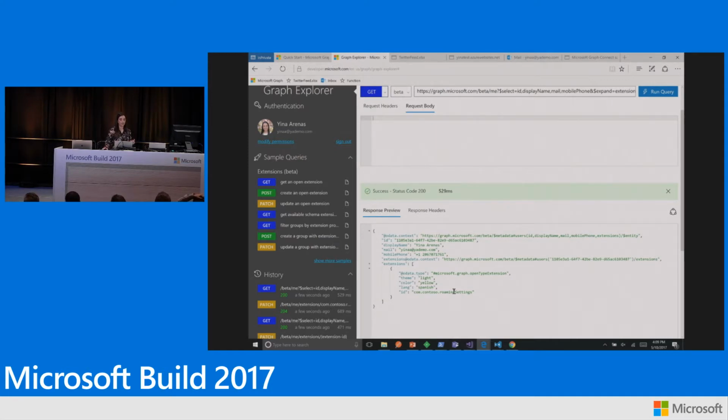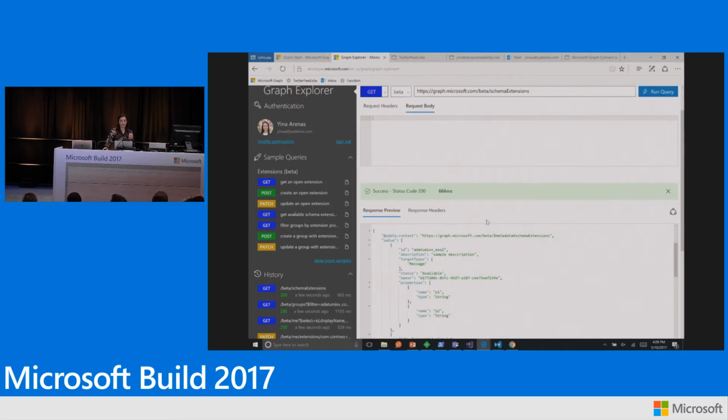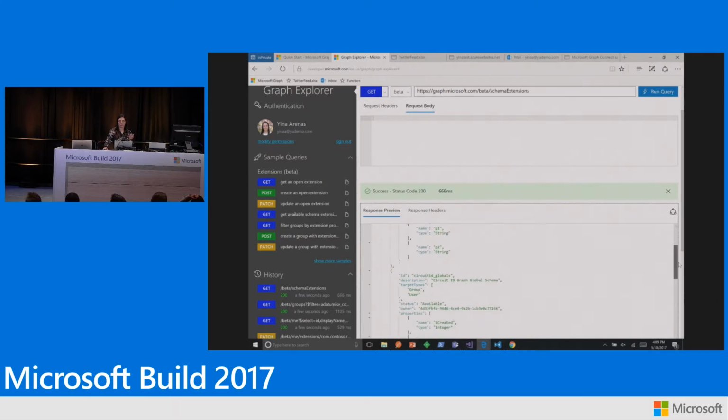Now let's take a look at a schema extension. We mentioned that there are two types of extensions. One is OpenType, the one that we just saw, which is basic key-value pairs. There's also the opportunity to do schema extensions where you define your own schema. I had one already defined here, this one. It's going to get all of the available schema extensions that we have defined for this particular tenant. We're going to take a look at this one right here that says,